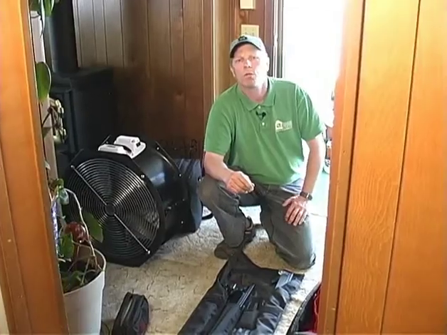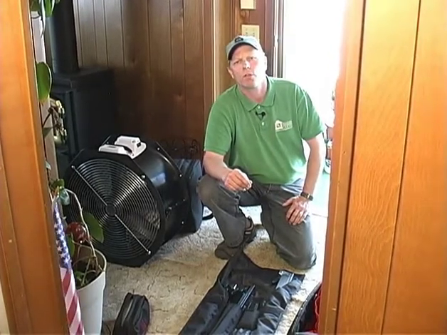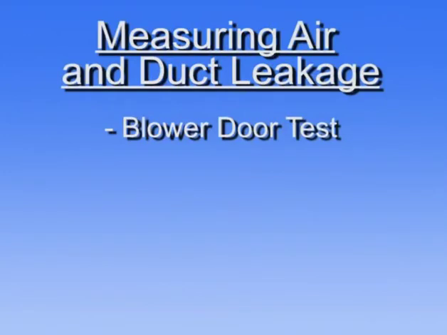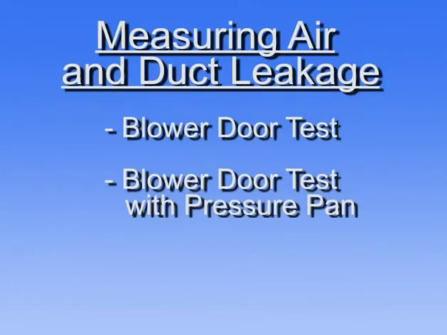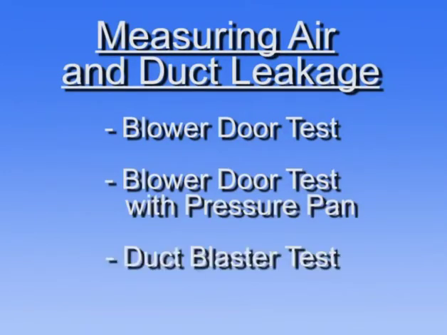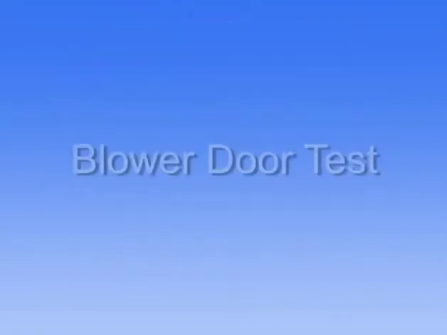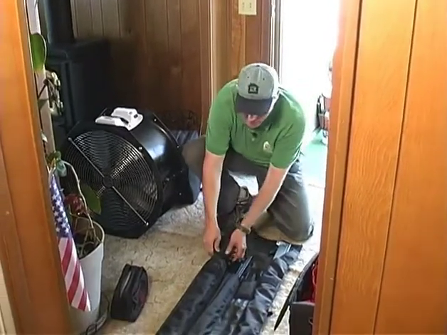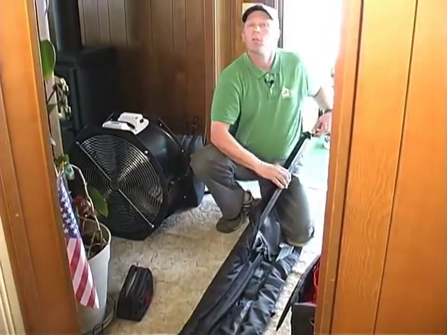There are three ways we measure duct and air leakage in a mobile home. They are a blower door test, a blower door test in conjunction with a pressure pan, and a duct blaster. I'm going to first show you how to do a blower door test in a mobile home. Essentially, we do a blower door test exactly the same as in a stick-built house,